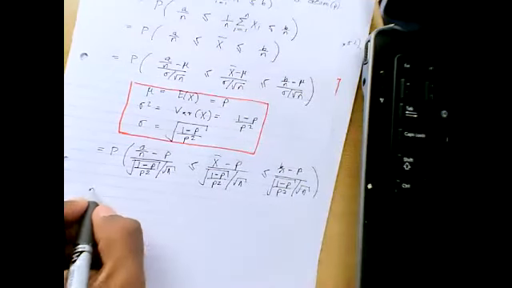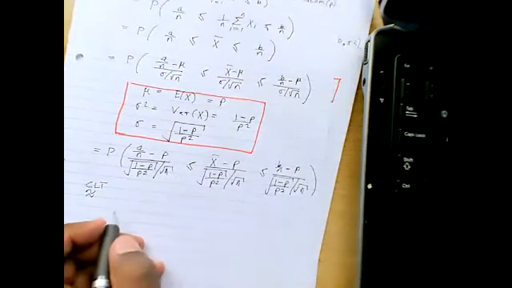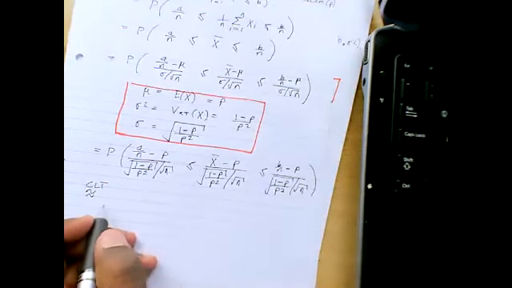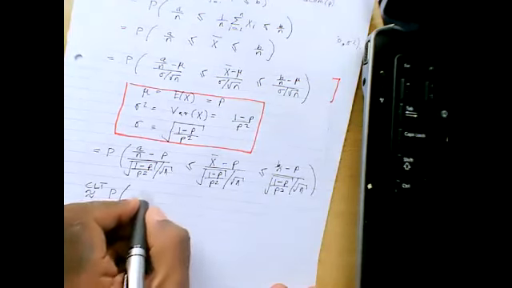Now, using the central limit theorem, CLT, this is standard normal. So this becomes the probability that